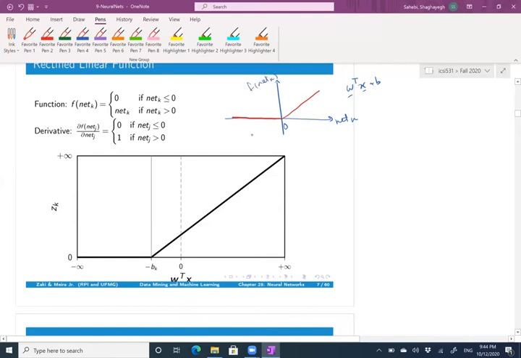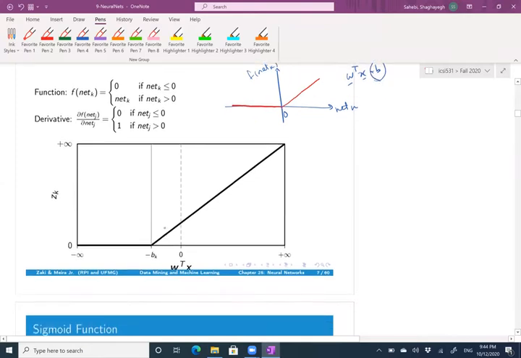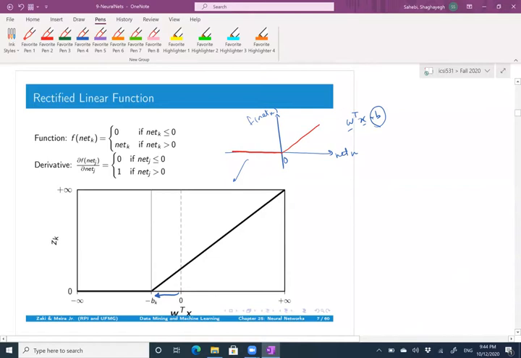But if we take b out of this equation, then it's going to shift this function a little bit. You can see that it's shifted a little bit towards negative bk. But that's just a detail, right? So